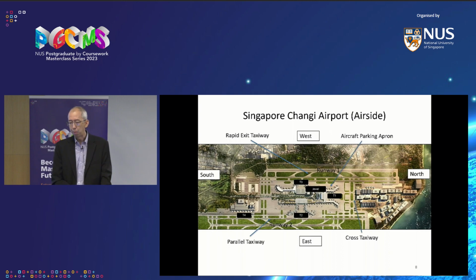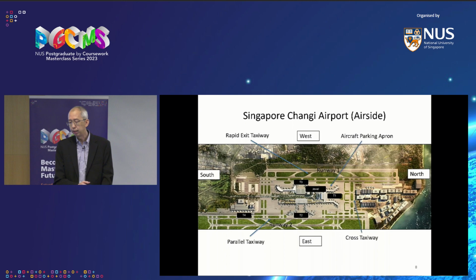There's the rapid exit taxiway that you can see next to runway 1. So the rapid exit taxiway allows the aircraft to come off the runway faster. That reduces the runway occupancy time. So you can see it's at about 30 degrees rather than at 90 degrees. So imagine it's about 30 to 45 degrees, but if you just imagine that the taxiway was at 90 degrees, the aircraft really has to come to a halt and then make a left turn. Whereas with the rapid exit taxiway, it can exit quickly.